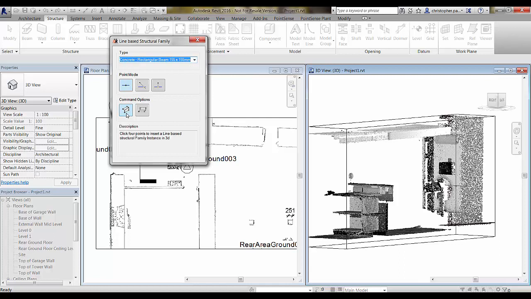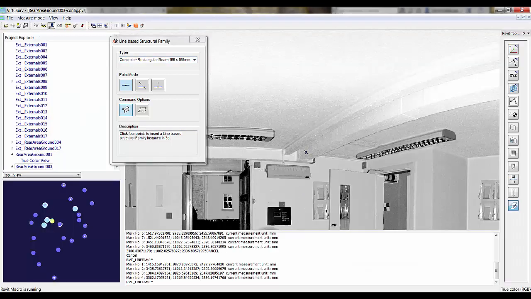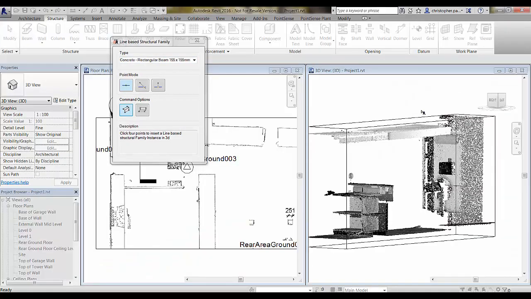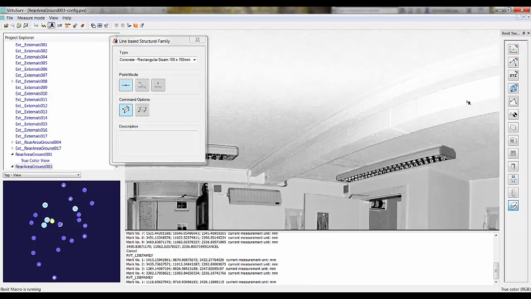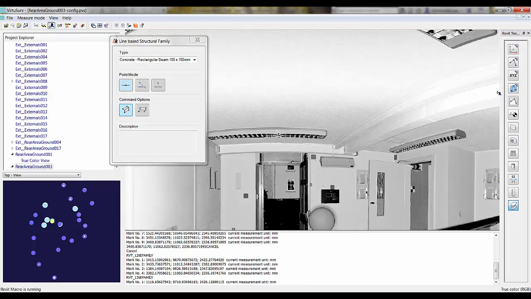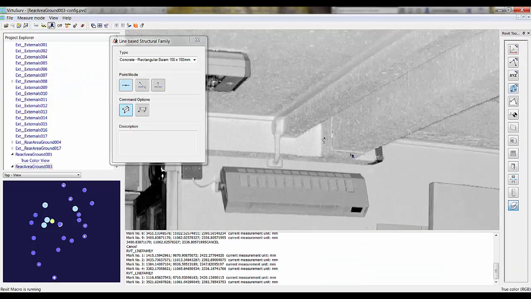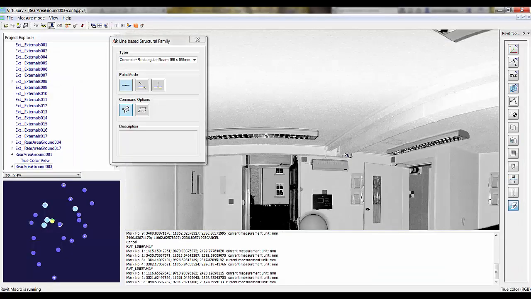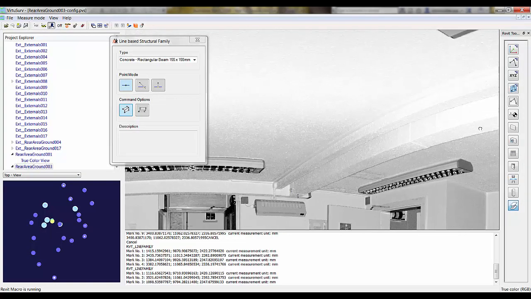But what we're going to do now is use either the click 4 points to insert a line-based structural family instance in 3D, or we can use a similar command which will do it in a horizontal plane. So if we use the 3D command, the first thing we're going to do is one click to start the first plane and the end of that plane, and then if we just click the underside of the beam to select this start and end of this plane,